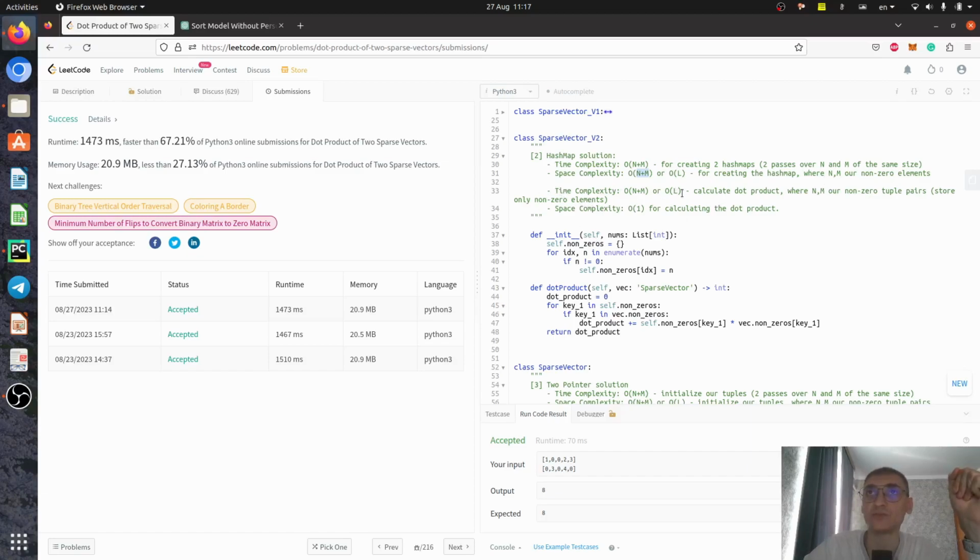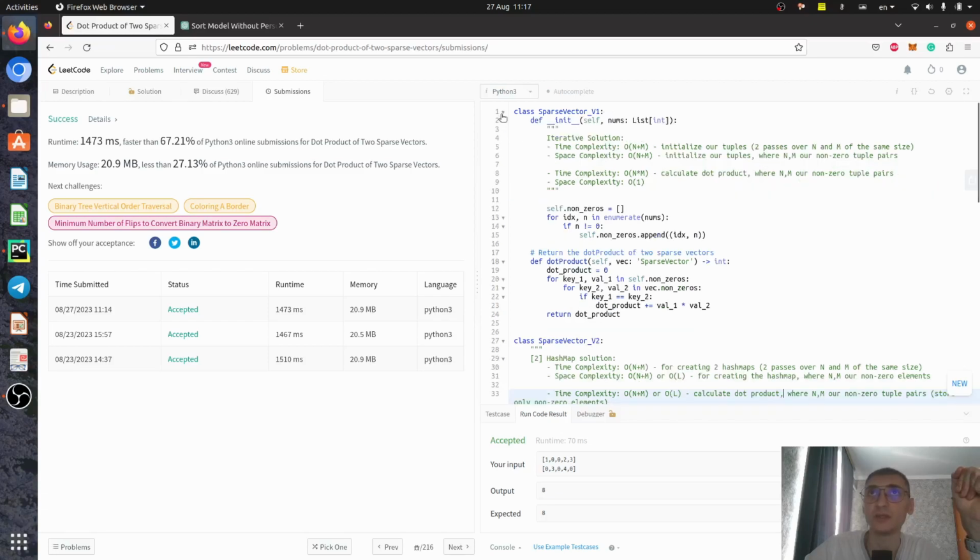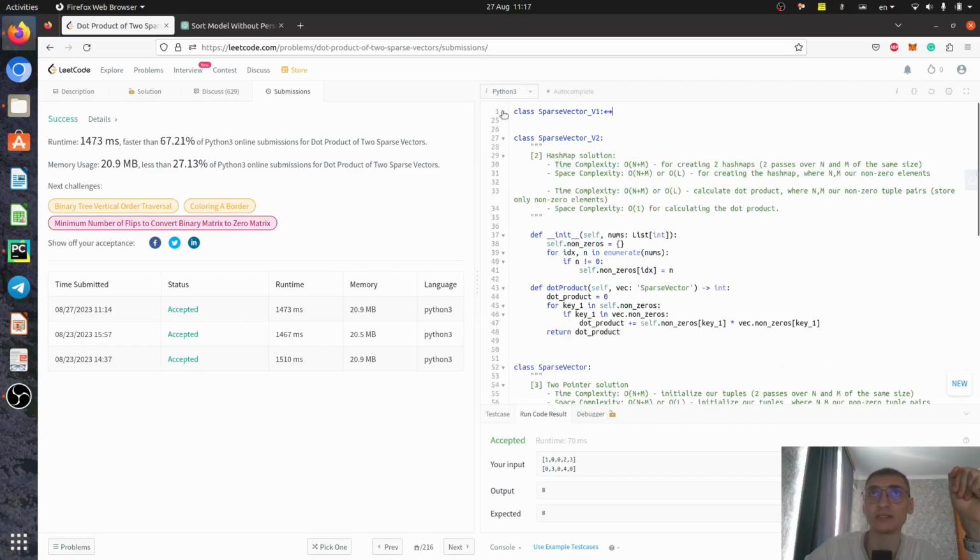Time complexity for calculating the dot product. In the first case, it was O(n multiplied by m). It was not optimized at all. In this case, it's O(n plus m) or O(L), because we're just taking these two tuples. And yes, sorry, it's even faster. It's even faster